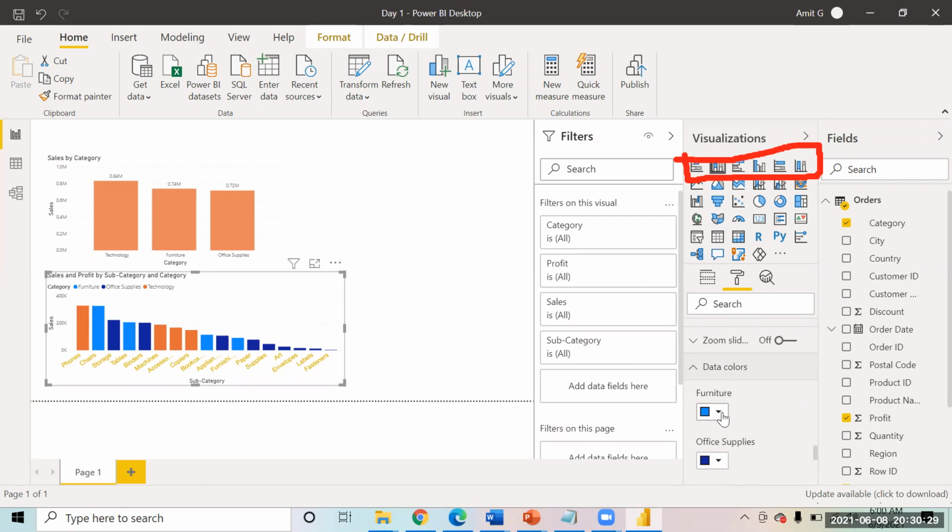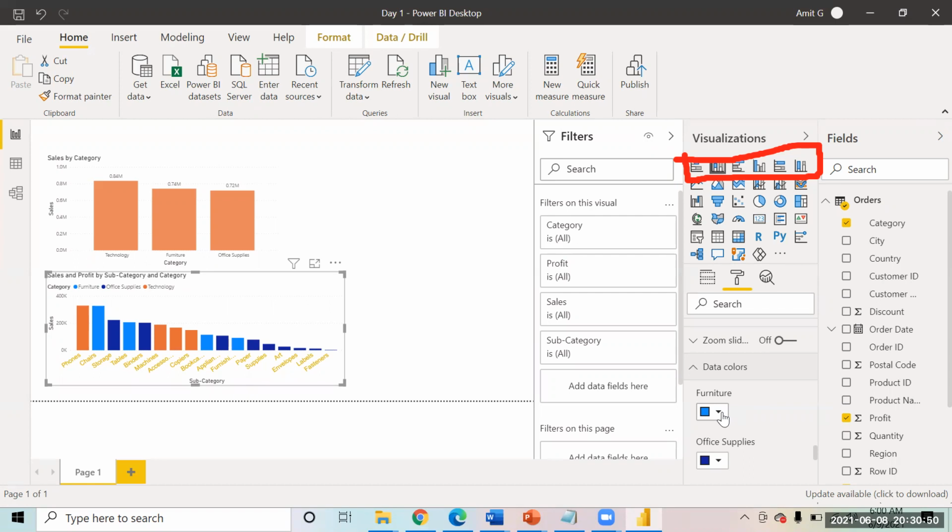When you work for different clients, formatting plays a very important role, because you will work with many clients who will look for very particular formatting. If you choose some wrong colors, it can create a problem for you.